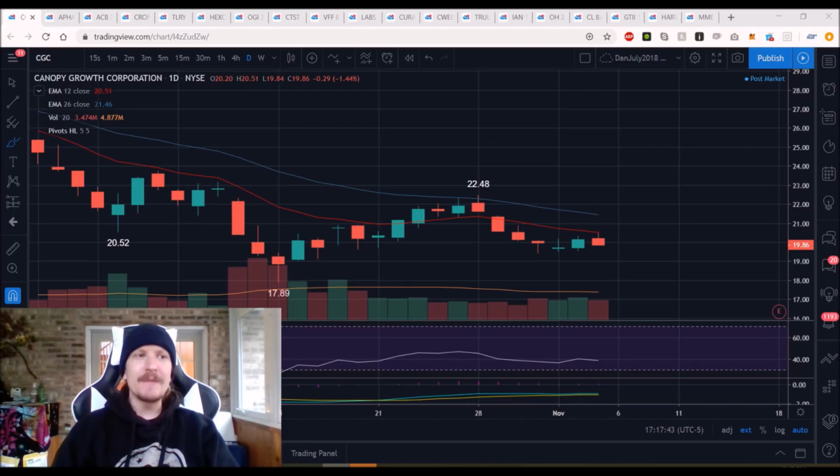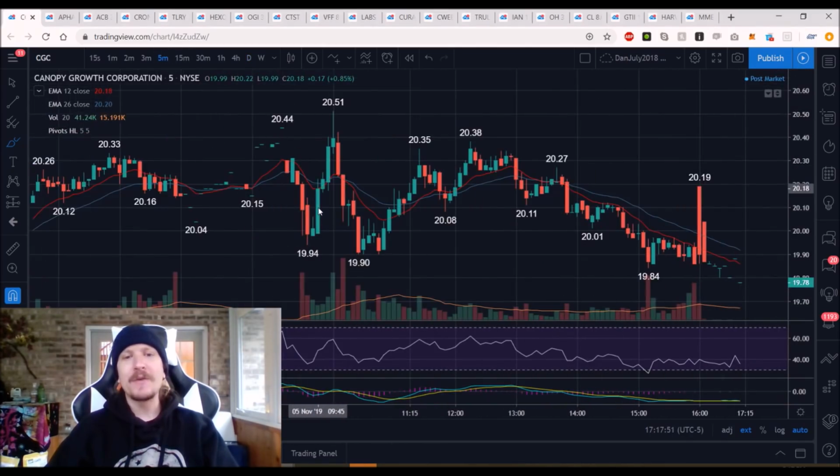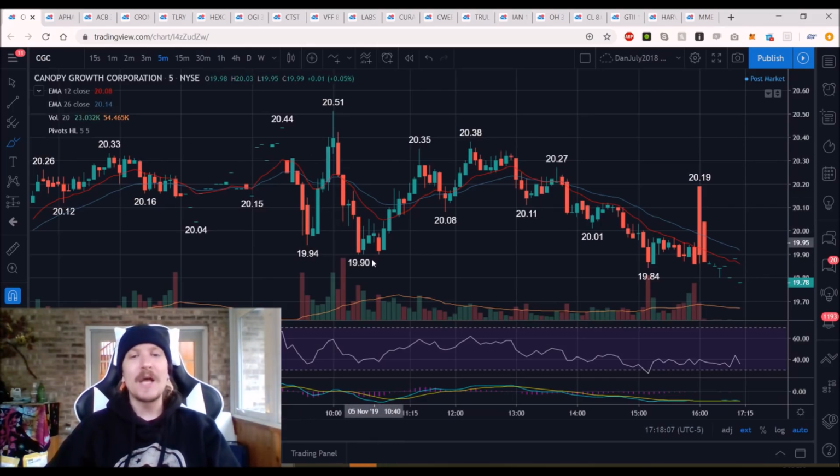So individual names are shaping up differently. We had a little pump midday today, right before the manufacturing numbers came out in the S&P 500, which had a significant quick bull reaction at 10 a.m. But you can see the bull move and bull volume on CGC started at least just before that, and then we gave it all back. What we were able to determine from that little pump and dump is which names held on a lot